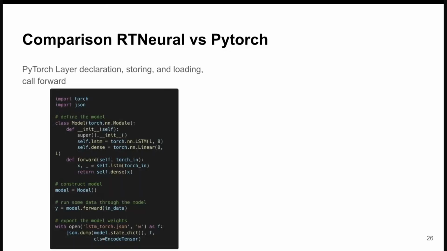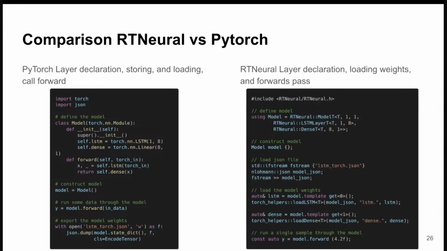Yeah, so just to give you a flavor for what this kind of code will look like, let's imagine that we're training some model in PyTorch, and we have a very simple model here. We construct the model, and we can put some data through the model and do training and whatnot. And then at the very end, when we're done training or done doing whatever we need to do, we want to export the model weights. And so here we have a little example of exporting the weights as a JSON file.